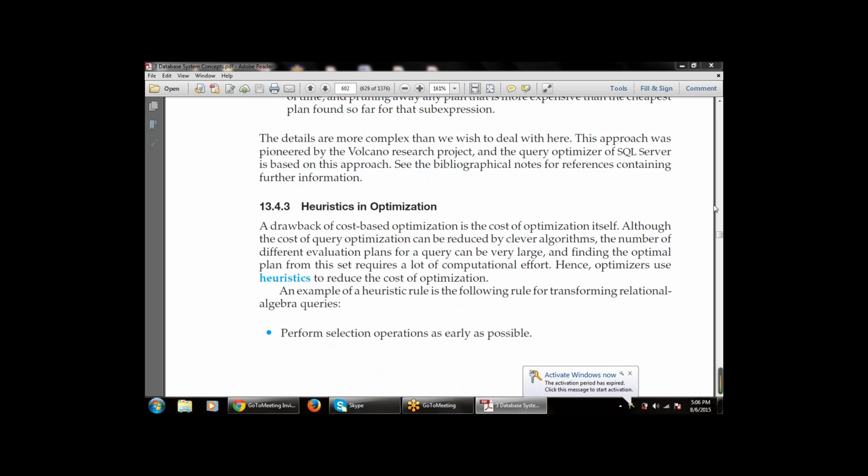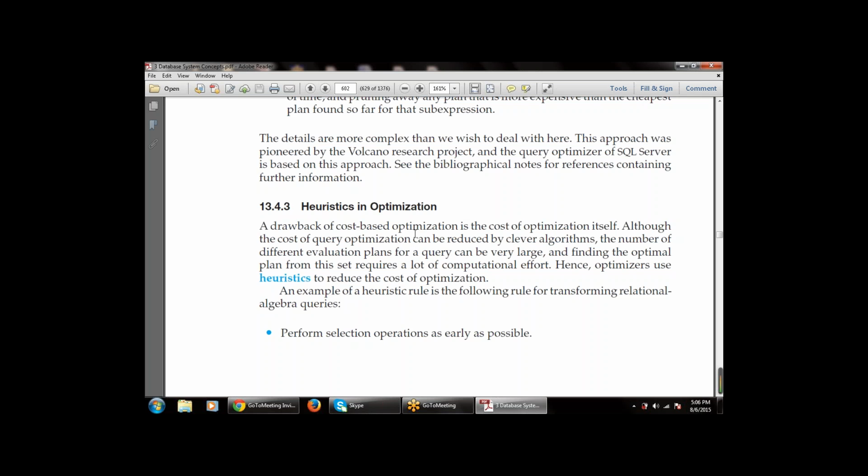The next is the heuristic optimization, that is, what are the various methods used with heuristics in the optimization, and how to apply the heuristics. Optimizers also use the heuristic approach to reduce the cost of the optimization. One of the drawbacks of cost-based optimization is the cost of the optimization itself, which is very tricky as compared to